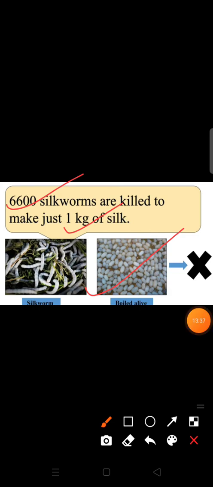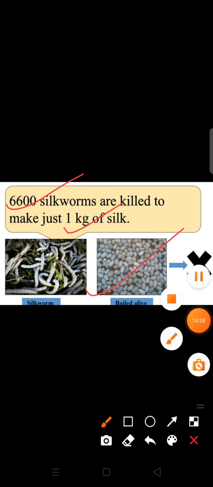And these silk are of four types mainly: mulberry silk, eri silk, tussar silk, and muga silk. And out of these, mulberry silk is very expensive, because it is also known as natural silk, and it is obtained from the silk moth. All right,